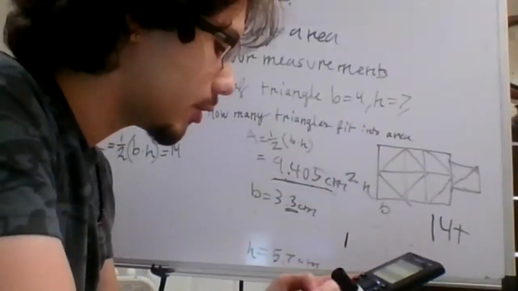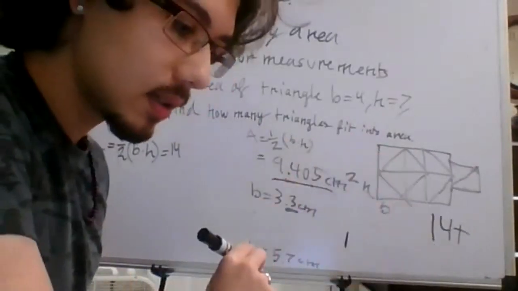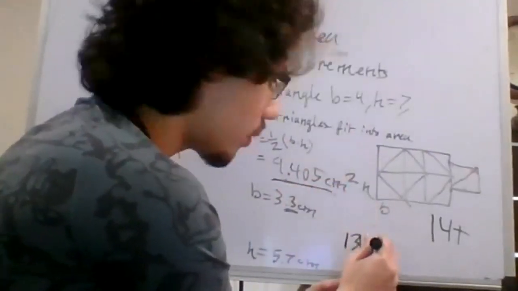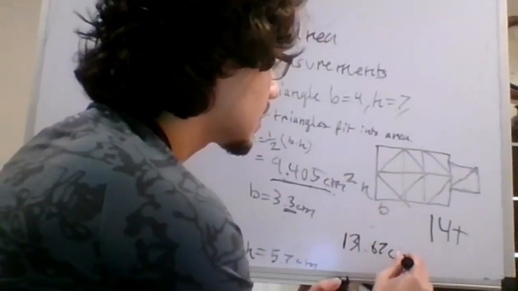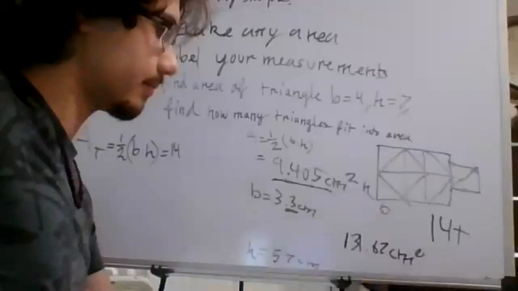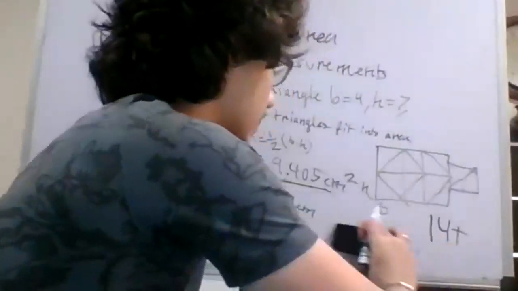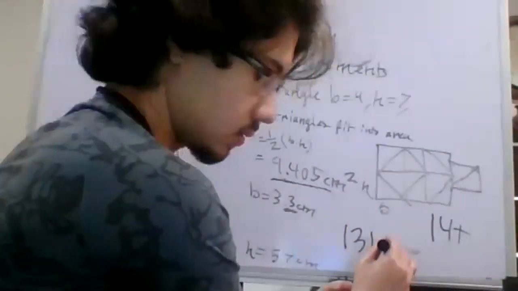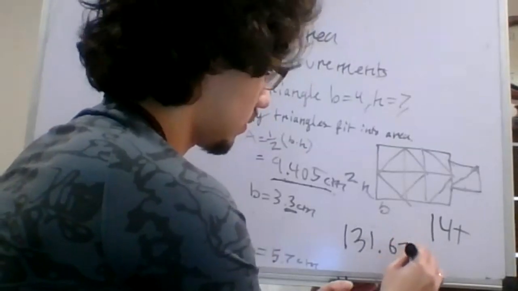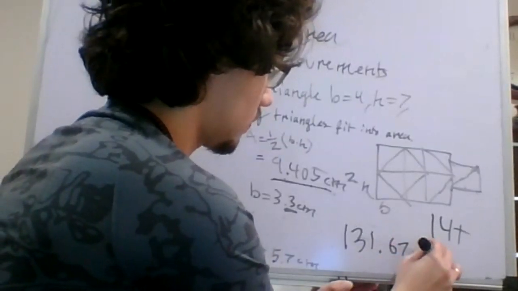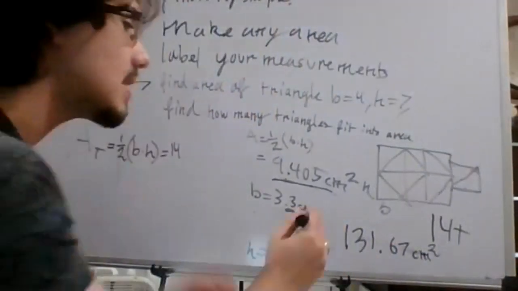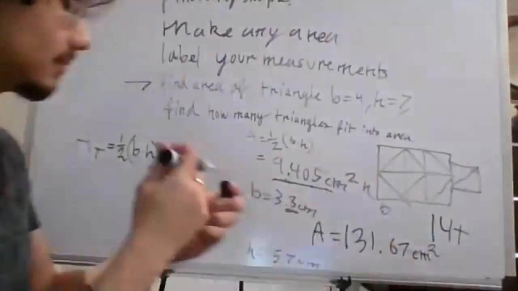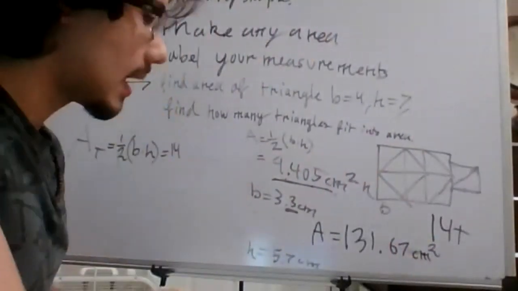And that will come out to 131.67 centimeters squared. Let me rewrite it. Perfect. So this is the area of the whole model, the whole flash drive. Thank you,